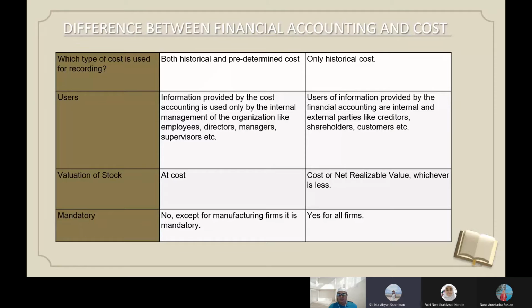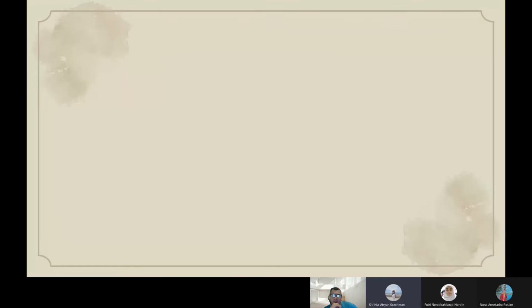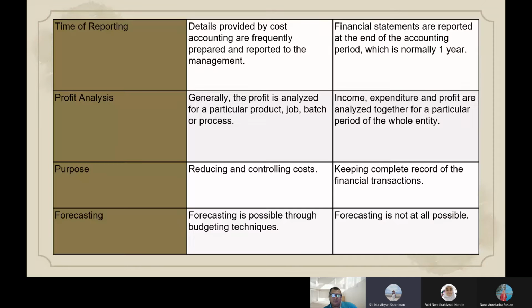Valuation of stock: for financial accounting, we use cost, and for cost accounting, cost or net realizable value, whichever is less. Mandatory: for financial accounting, no, except for manufacturing firms it is mandatory. For cost accounting, yes, for all firms. For the type of reporting, for cost accounting the details are frequently prepared and reported to the management. For financial accounting, financial statements are reported at the end of the accounting period, which is